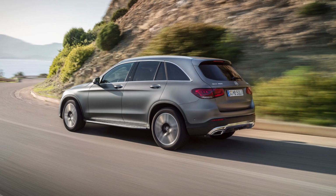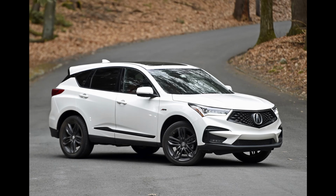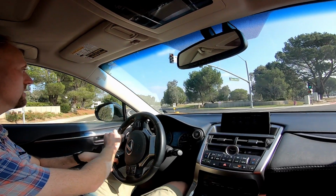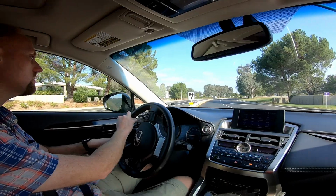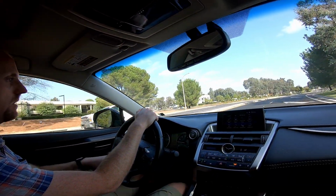The Mercedes-Benz GLC is very popular as well. The Volvo XC60 is a wonderful car. The Acura RDX, especially the new RDX, which is really an amazing vehicle. Some people look at the Infiniti QX50, although no one's really buying those, and I kind of doubt that Infiniti is going to stay in business much longer. There are other competitors like the Alfa Romeo Stelvio, but since no one really buys that, we're not going to